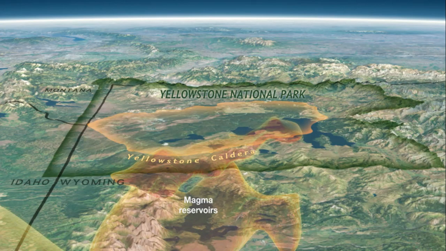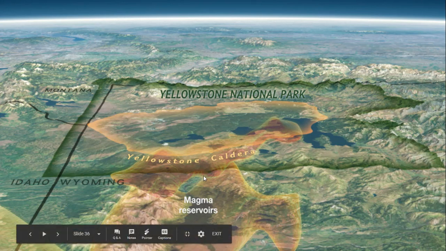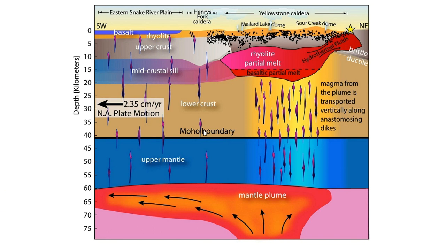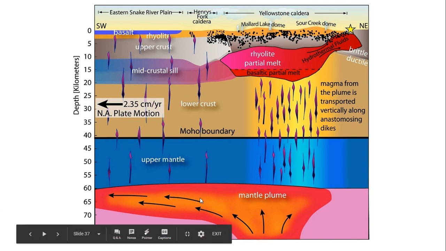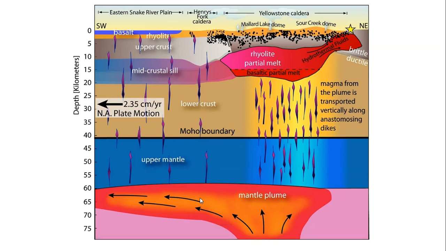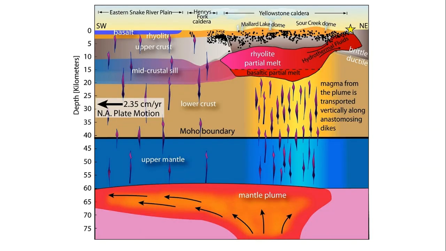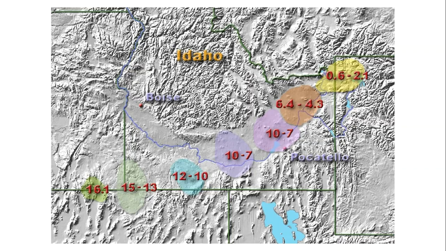Here's just another image of Yellowstone National Park, but here you can get an idea of how big the magma reservoir is. So when you're at the park and you're checking out the hot springs over here in the center, you're literally standing on top of a huge reservoir of magma. So this is where you're walking around up there. Here's your mantle plume, shoving up underneath the crust, the lithosphere rather, and some of that eventually makes its way up through the lithosphere, and eventually refills the magma chamber for Yellowstone, and eventually it will erupt.